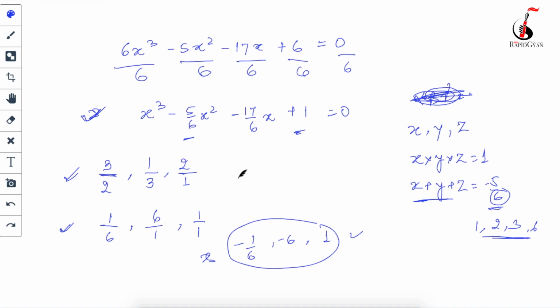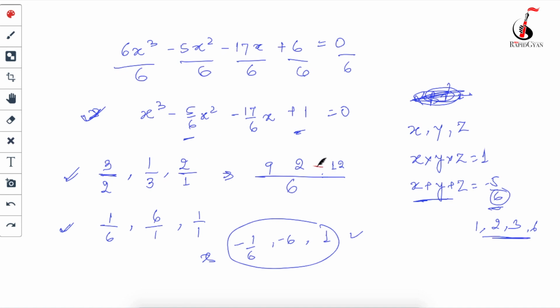So first let's find the LCM. LCM will be 6. This will be 2 3s are 6, 3 3s are 9, 3 2s are 6. This will be your 2 and this will be your 1 6s are 6, 12. Now I have to get my answer. What answer do I have to get? I have to get, sorry, minus 5. But in the multiplication it should be plus 1. So it means two of the terms should be negative.